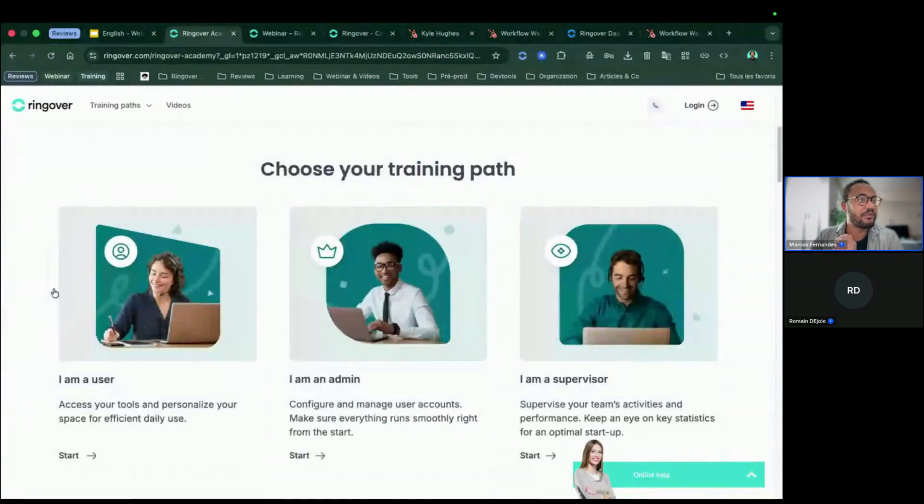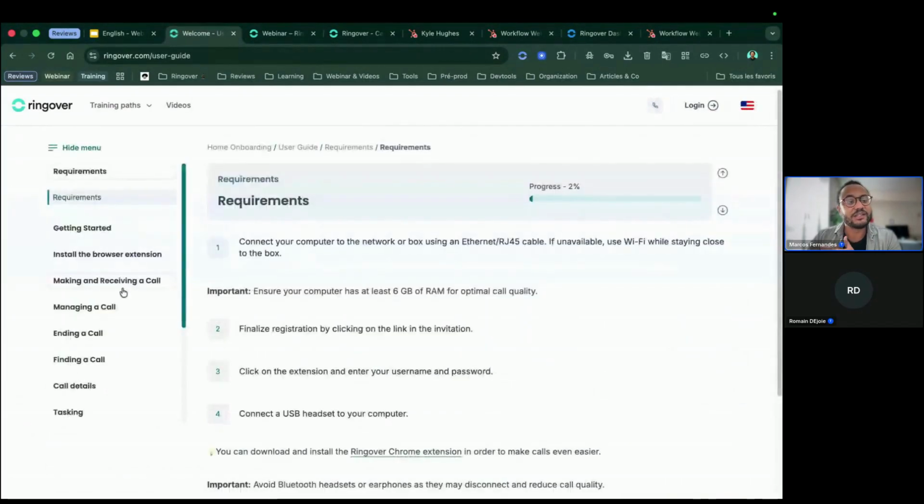So here we're going to have the user training path, the admin training path, and the supervisor training path. All of these training paths were created thinking about the Ringover user experiences. So if you use the web app, maybe check the user training path. If you use the dashboard to check the analytics, you can check the supervisor training path. If you are an admin, then you can check the admin training path. So by clicking here, you're going to have access to all of the content that we created for you Ringover